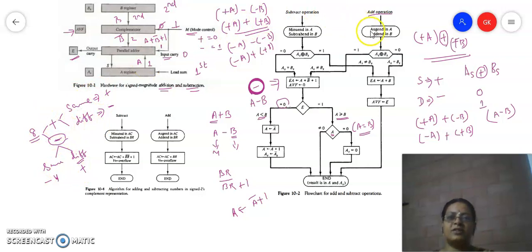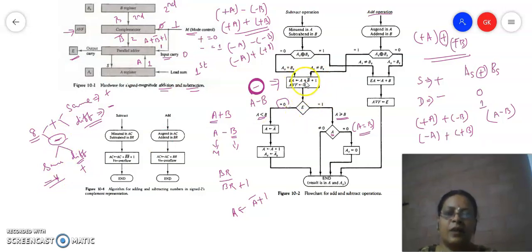So during addition, if the signs are same, do plus. And during subtraction operation, if the signs are different, then also you will be doing this addition. And this subtraction operation will come for both the cases. In plus, you are checking for signs, so signs are different here, so you will come to this path. And for subtraction operation, if the signs are different, then also you will be doing this case.